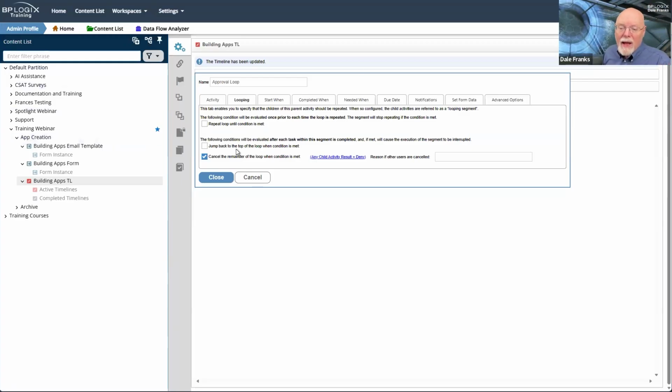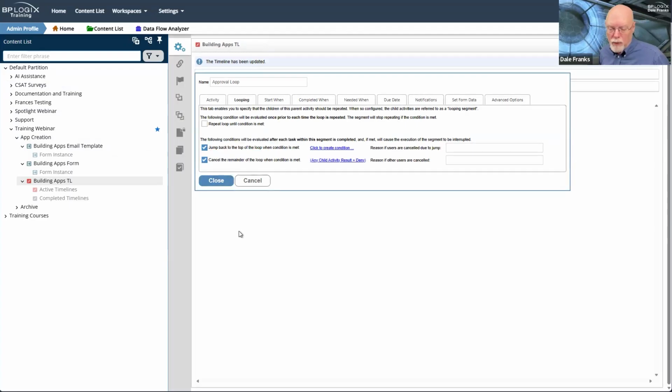Well, that's where jump back to the top of the loop when condition is met comes in. If you're not going to worry about resubmittal, you're either going to approve or deny. There's no other information the user can give you that will be helpful.